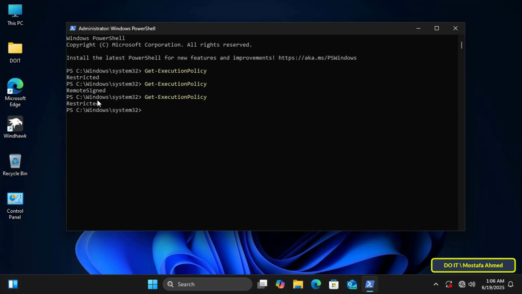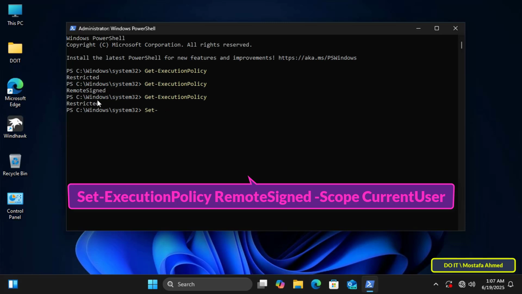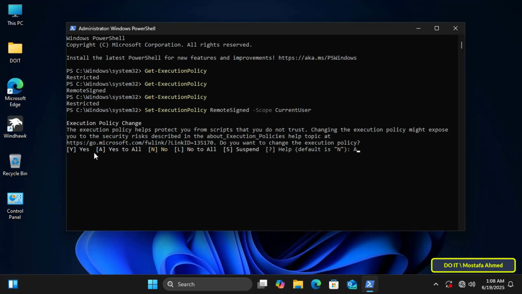Now I will explain the second method that works with Windows 10, which is using PowerShell itself. Now, enter the command Set-ExecutionPolicy RemoteSigned -Scope CurrentUser. This command will change the PowerShell execution policy from Restricted to RemoteSigned, but only for the current user. Once you run the command, you'll be asked to confirm the change. Type A to accept all. You can verify by entering the command Get-ExecutionPolicy, and you'll find that the execution policy has indeed been